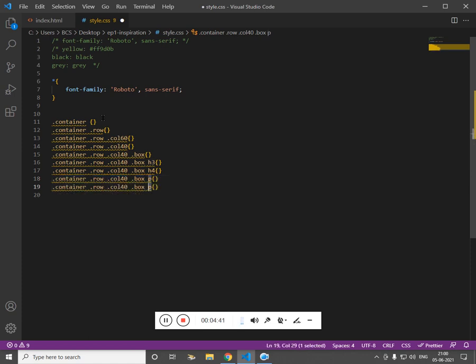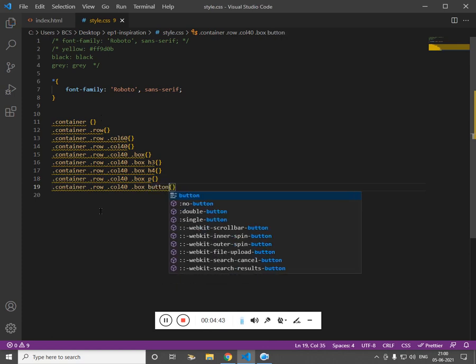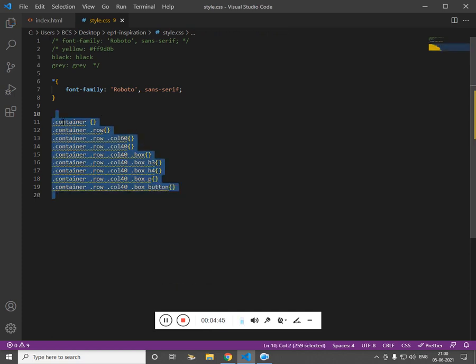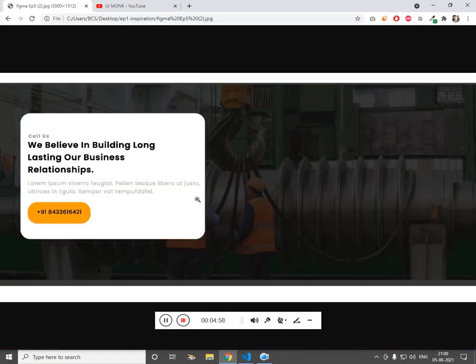Then we have button. Whenever you style, you should follow this hierarchy, as this will avoid the CSS overriding issue. The CSS overriding issue is common. We are just looking at one section of the PSD, but there would be almost 6 to 8 sections like this.